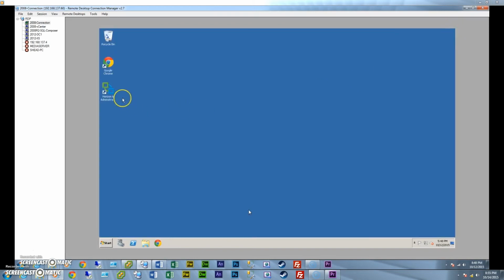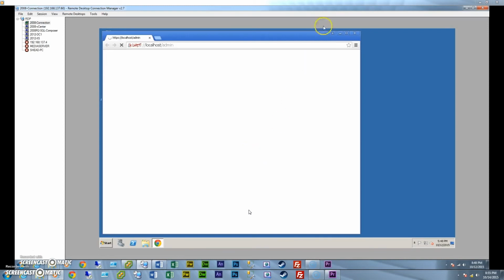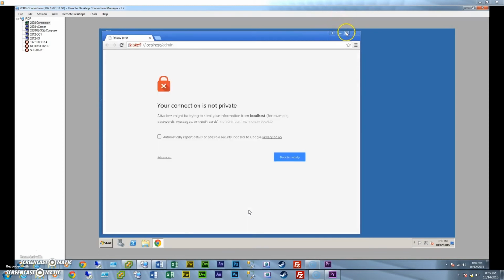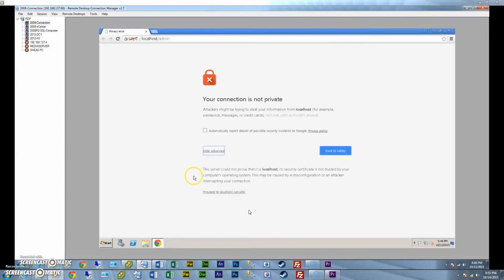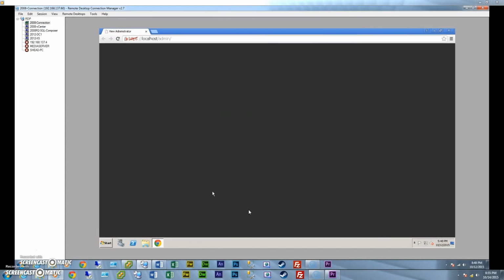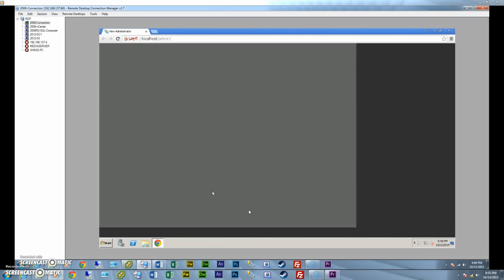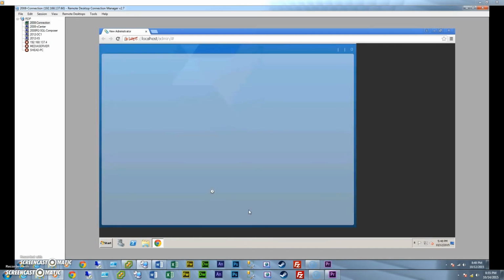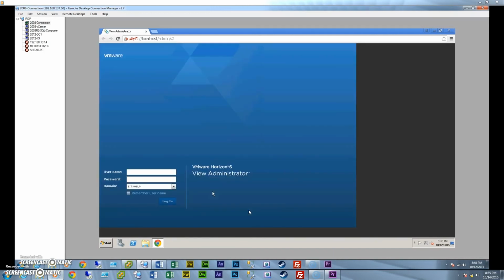And I paused it a couple times during the install. So now my default browser is Chrome. And I run the VMware View icon. And as you can see, I'm running off the localhost /admin